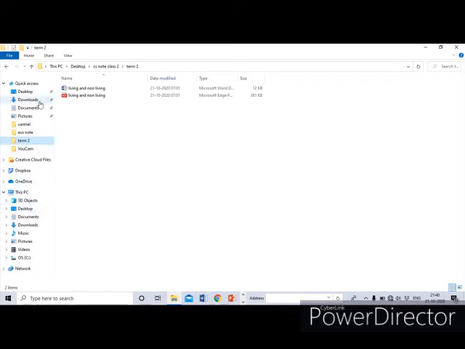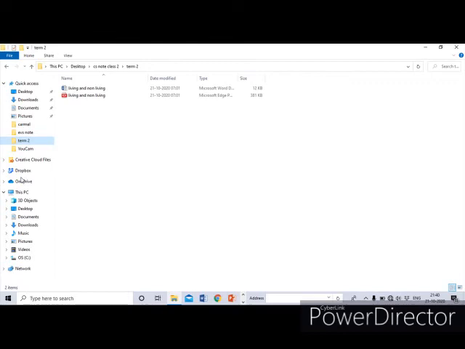We can see only folders in the left pane. The left pane is very small compared to the right pane. Most of the window is covered by the right pane, and the left pane is very short. So the Windows Explorer window is divided into two sections. One is the left pane and the next is the right pane.